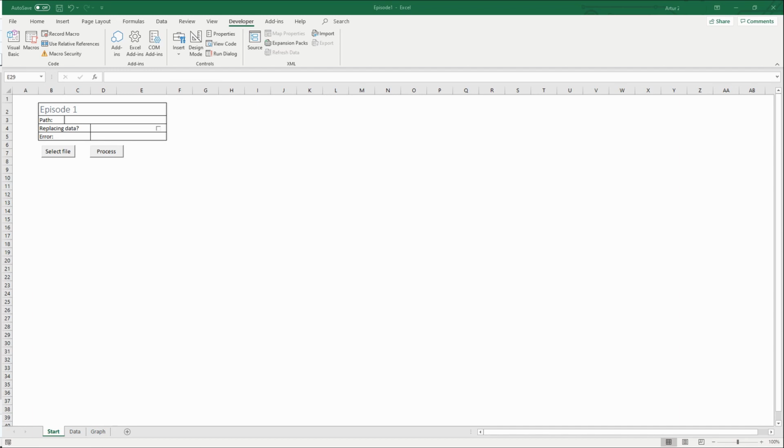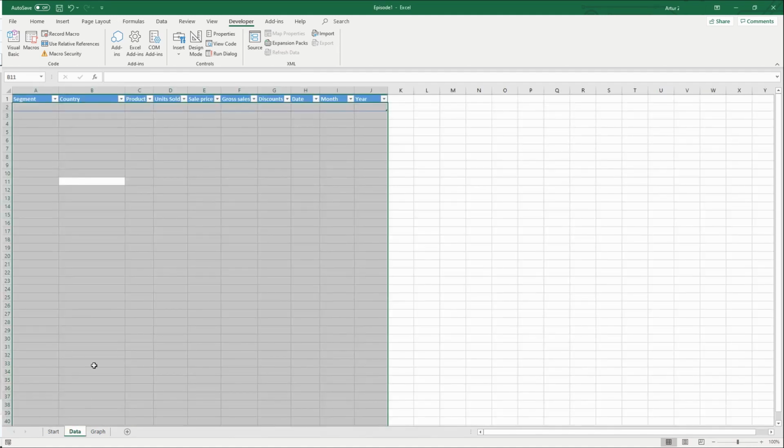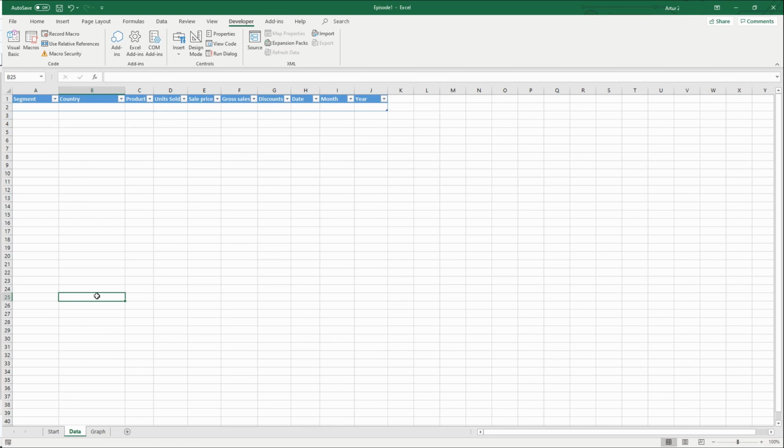According to the name of the first button, it selects the file with our data for the report. Another one processes it. On the next sheet, we store data which we use for the pivot table. Of course, I selected only a few columns from the report. Due to the fact of using a table for storing data and the pivot table for showing our results, whenever we update our data by the macro, we need just to refresh our pivot table and we have the updated report.